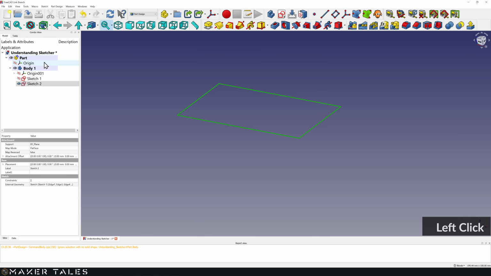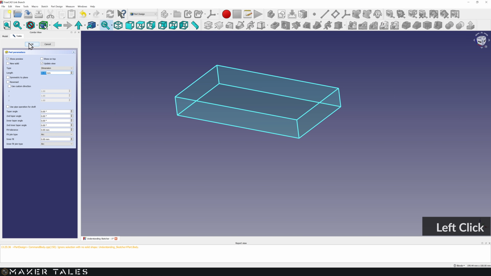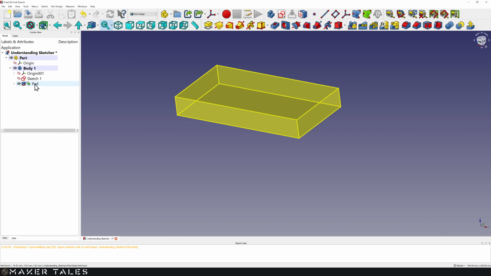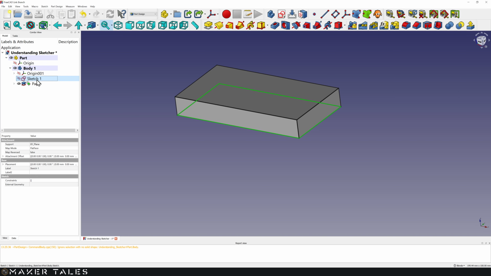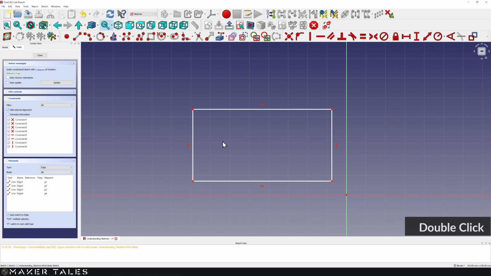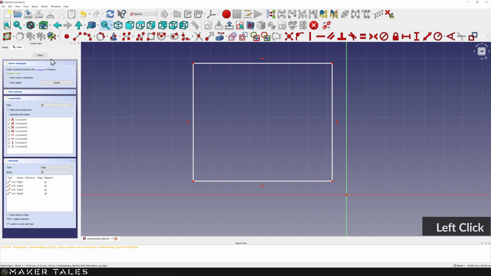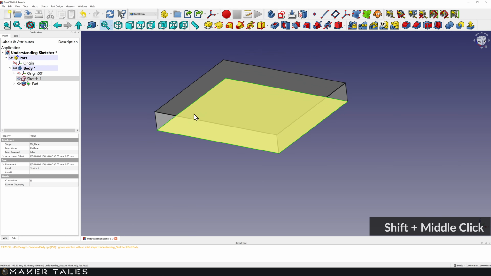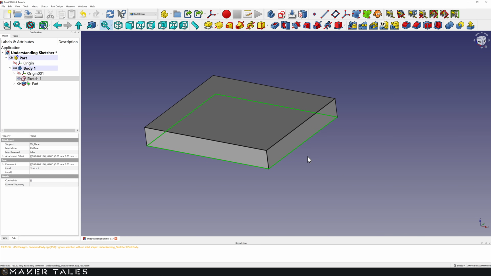We'll go into our Part Design, and Sketch 2 now is completely created by defining references of Sketch 1, which means that Sketch 2 can now be padded out or made thick using these defining references. So this pad is now driven by Sketch 2, but Sketch 2 is controlled by Sketch 1. I know, it's very weird. Let's go into Sketch 1. Let's just quickly change this in some way, go back to our Part Design workbench, and you can see that that has changed Sketch 2, which is driving the pad.